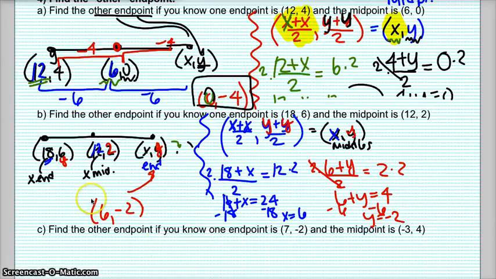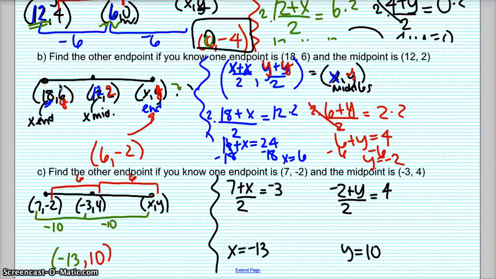Go ahead, pause your video, see if you can get letter C. All right, so how'd you do for letter C? I got an answer of -13, 10, and I have it written out both ways. If you're going to use the number line method, then your other endpoint, your midpoint, and your unknown endpoint are labeled. To get from 7